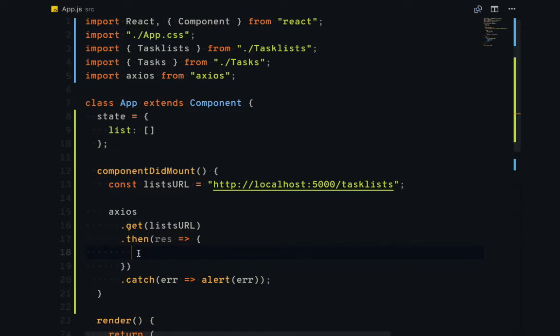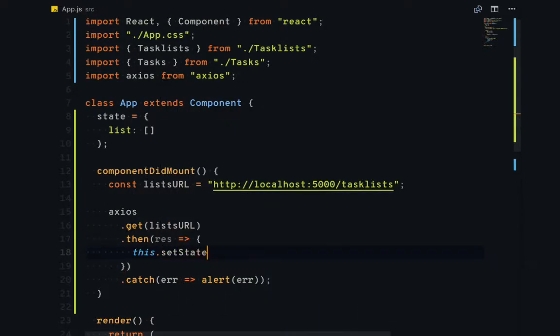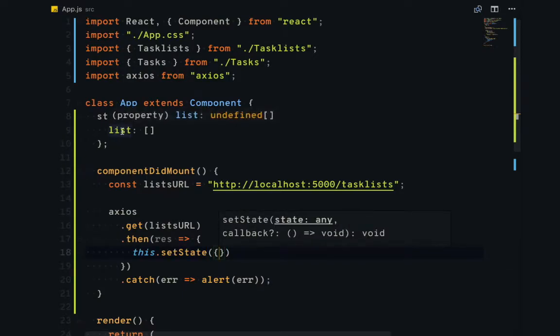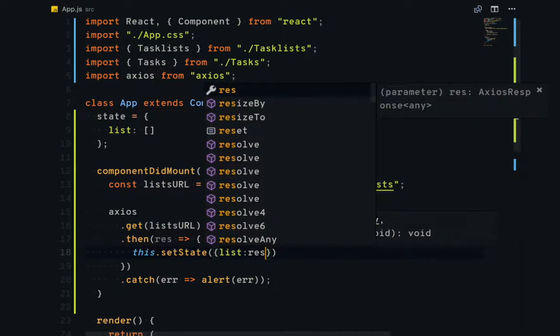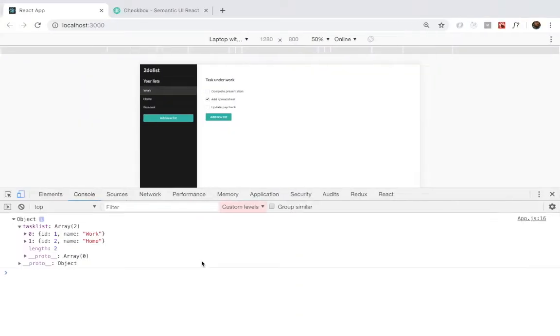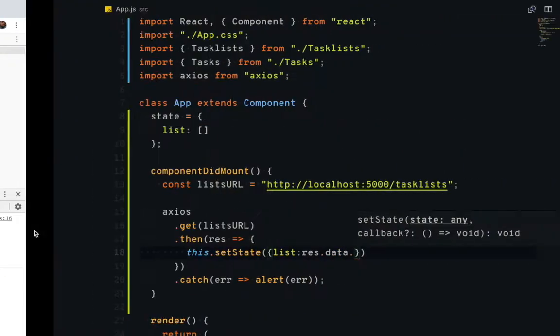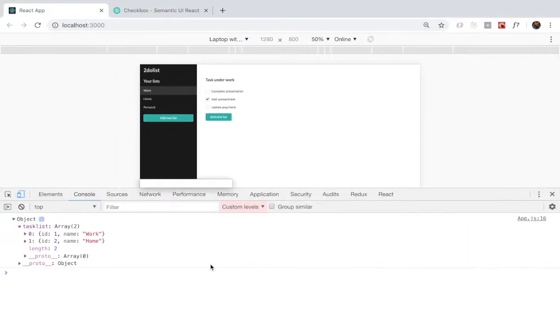So it should be this, which means that we are accessing the class itself, and using the setState function we will pass in the object that we want to set. And in this case we want to set the list property, so we will type in list, and what we want to set it to is the response we got from the API, the data property inside the response, and the response data contains a task list property, so we will add task list and we will hit save. And once we do that,